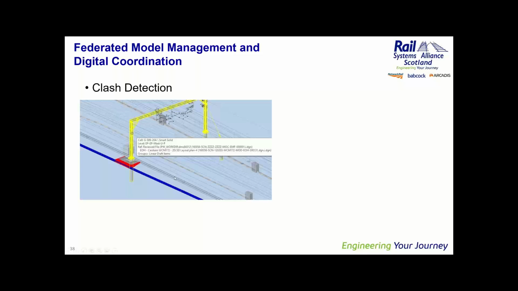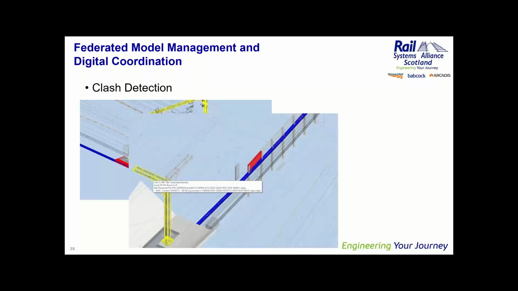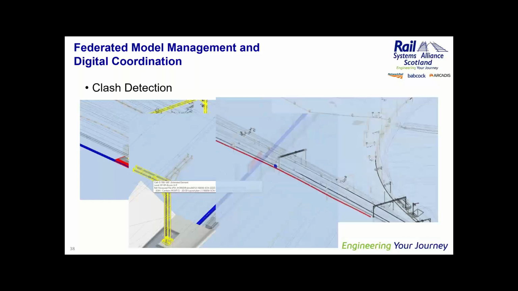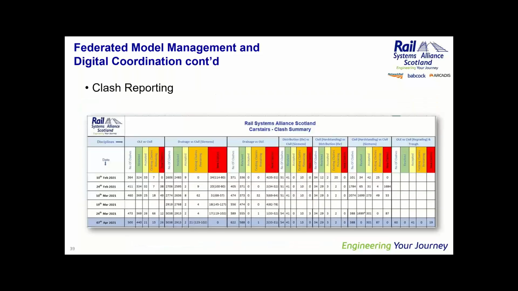And you can see here where we've identified a clash, and the clash is between some earthworks and then some trough route. In this case, we've got a clash between some troughing and a retaining wall. And in this image, you can see we've got a clash between a lock case and some drainage. Now, we use a piece of software called Bentley Navigator to do the clash detection, and within Bentley Navigator, we can run these clash detection reports and export the outputs from the clash detection report, and then share that with the team. And that looks a bit like this.